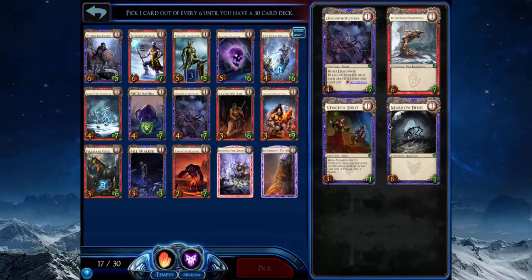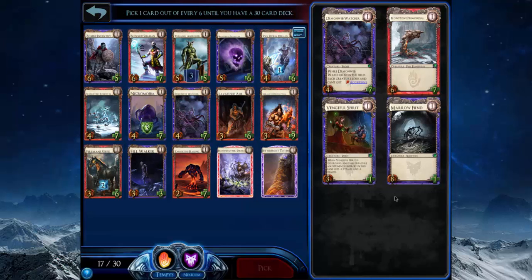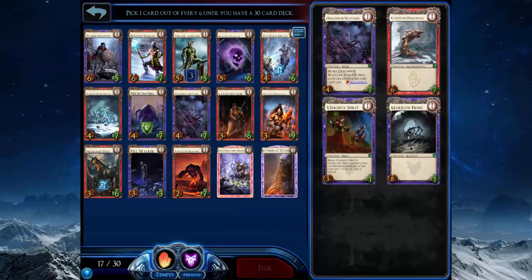Vengeful Spirit's okay. It kills anything with 6 power because it gives -3/-3 when it dies, and then it scales up pretty well. But it's very small. It's not really worth talking about as a creature. It's more like a removal spell. The Demon Watcher I already have one of, and it's not fantastic, and the Marrow Fiend is very similar to Vengeful Spirit. It scales a little better, 11 then 17,